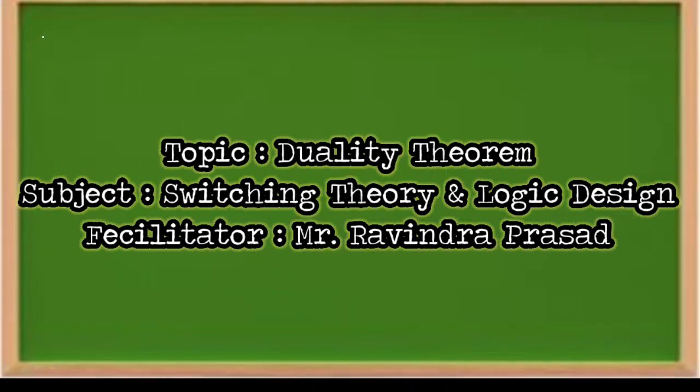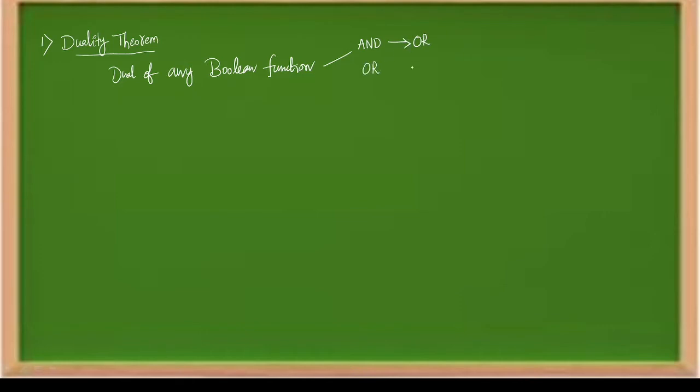Now we will understand the first basic theorem of Boolean algebra, which is the duality theorem. According to this theorem, the dual of any Boolean equation or Boolean function is obtained by converting the AND operation in this function to OR operation, and OR operation to AND operation,